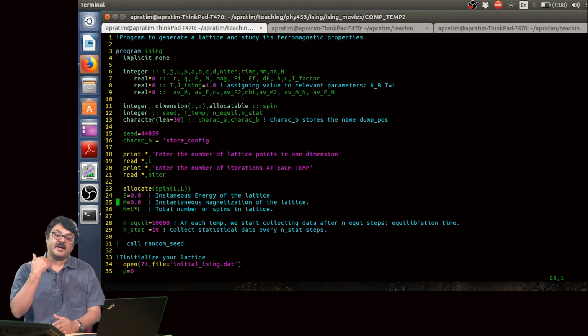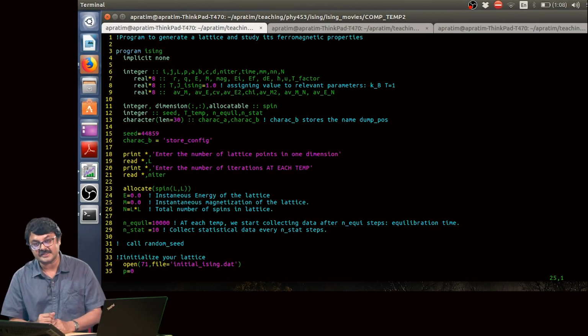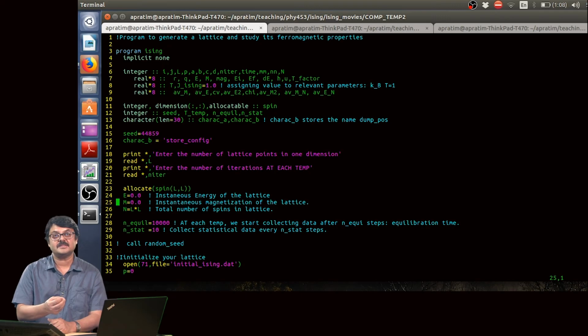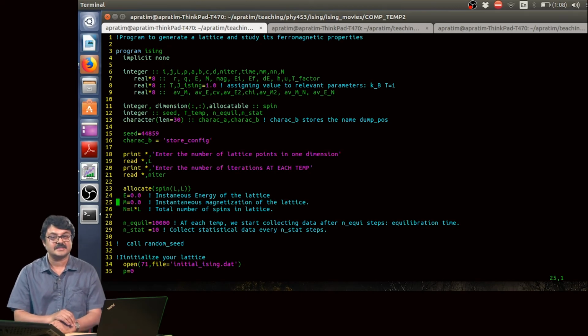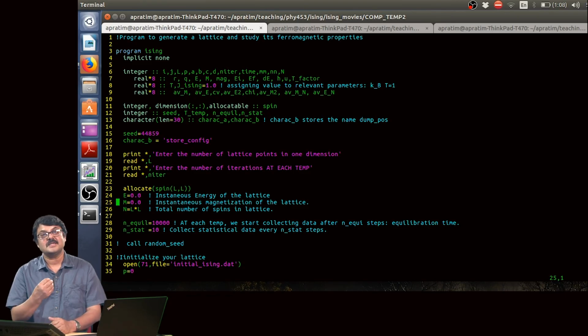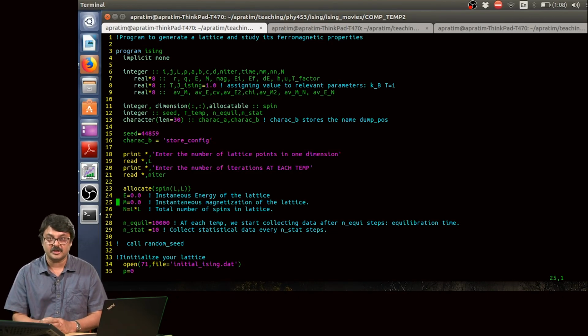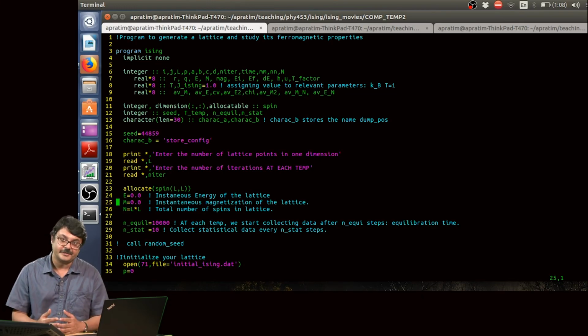Because when we were analyzing the relaxation to equilibrium, we were primarily looking at relatively higher temperatures. As you go down in temperature, 1.5 and 1 and so on, even lower, the time that the system takes to reach equilibrium before you can start taking statistical data to calculate thermodynamic averages is even higher.